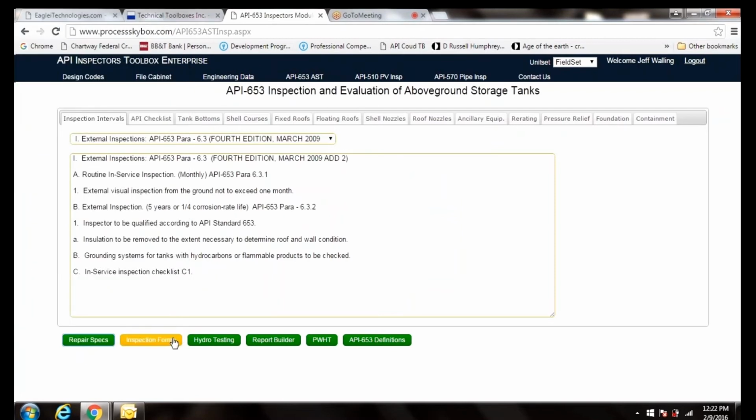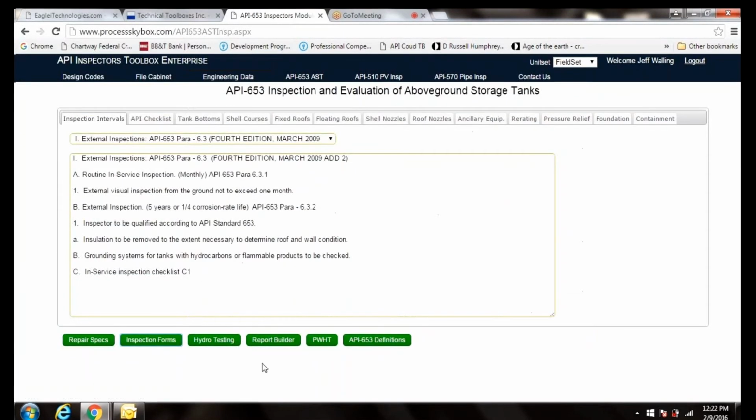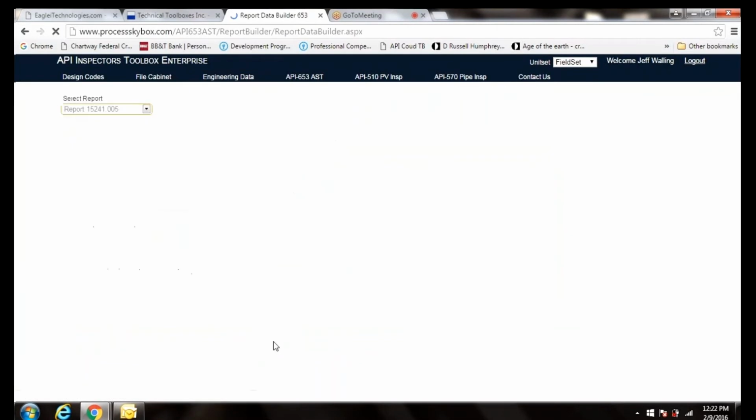Inspection forms. You come in here, click which forms you want, name a set if you want, so you can keep some preliminary sets in here. You select them whenever you need them, print them out. Okay, these are all the relative data forms for collecting information in the field. Hydrostatic testing, if you're going to do hydro testing, and the report builder, which is the heart of this program